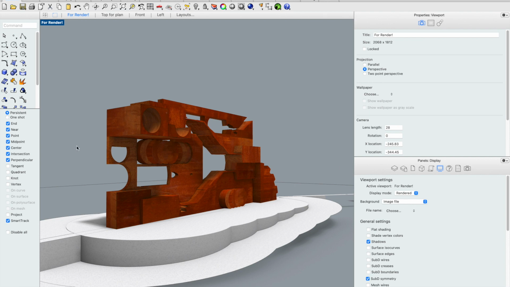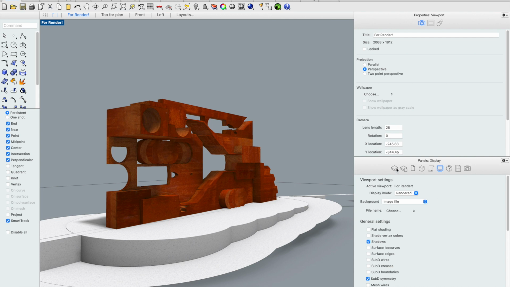I made this texture myself by finding images of Corten steel on the internet and making a very large, high-resolution image of that in Photoshop by stitching all of those images together. So once I did that and I had this nice, big, beautiful Corten image file, then what I did was